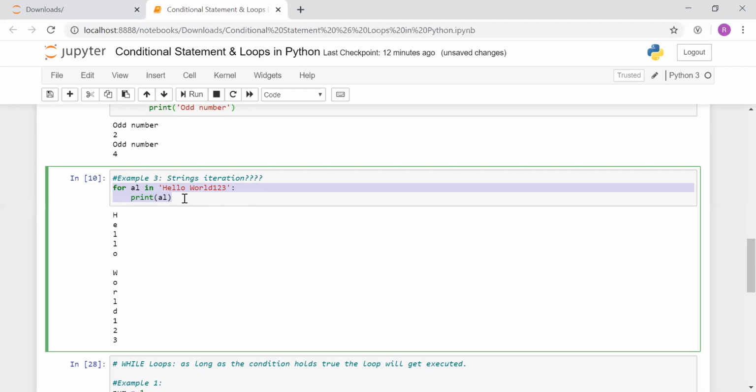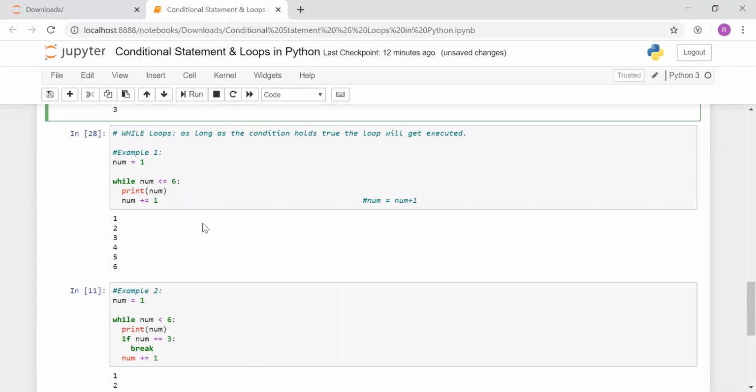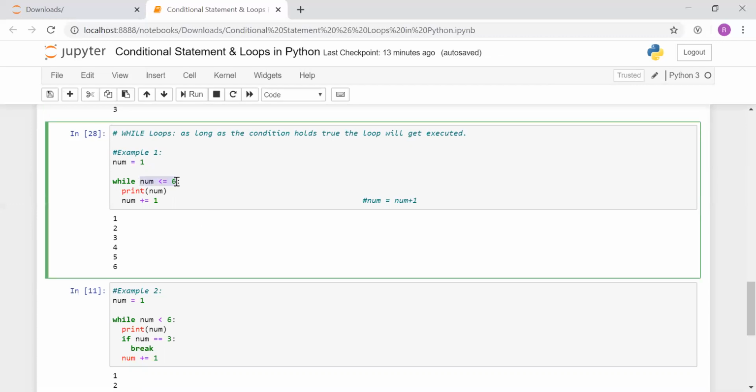Now, these were the examples of the for loop. Now coming on to the while loop. Here in the while loop we also check a condition, and until the condition comes out to be false, the iteration continues, and only then does the looping stop. So with the while loop, we also write a condition. This is the while loop syntax, while is the keyword for it, and underneath we write